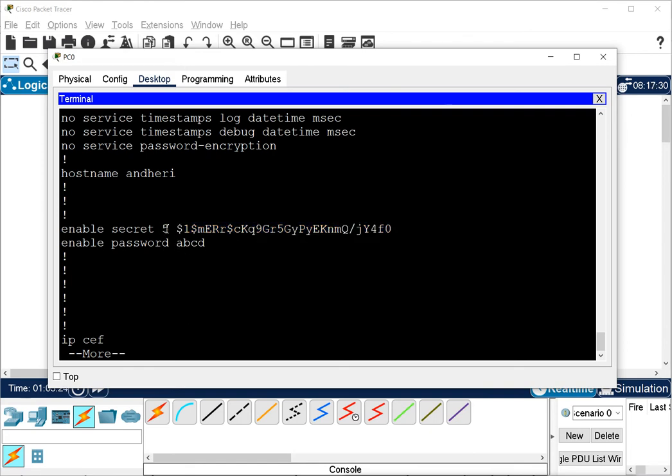The type is 5, which is actually an MD5 hash. This is not a normal password, it is not shown in plain text. The password is hashed, and this is not easy to crack, it is irreversible. Even if you copy this value and take it somewhere to crack it, you will still not be able to, because it is very difficult.